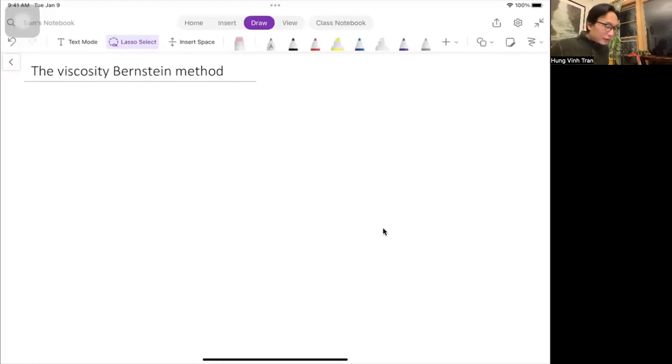Okay, let's start. For this lecture, I will give you the method called the viscosity Bernstein method, which is sort of independent interest that can be thought of and also can be applied in different settings. I will go with the simplest, the basic setting for the viscous Hamilton-Jacobi equation in the